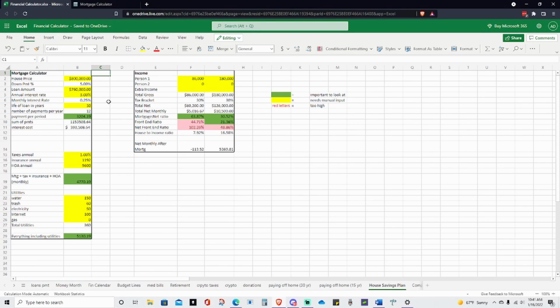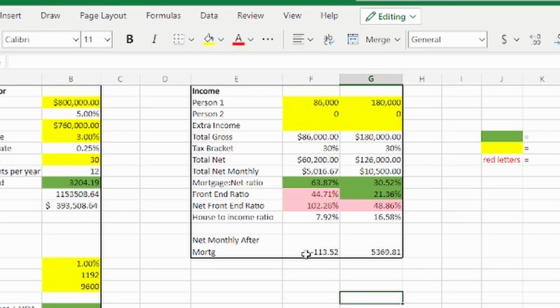I know it's been a while since I made a finance video, but today we're going to be talking about down payments. I have this fancy calculator that I created in Excel that tells me the monthly payment I'm going to be making on my mortgage depending on how much I put down and other factors like the taxes, insurance, HOA fees, and utilities. It also tells me right here in this specific area what income I would need to afford the